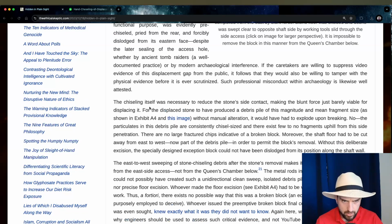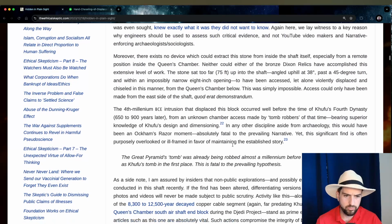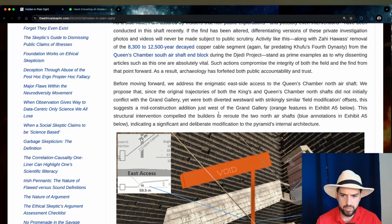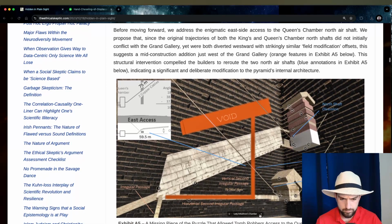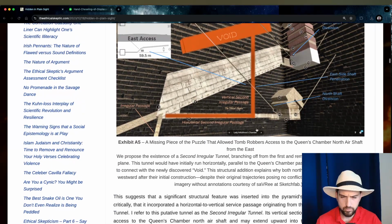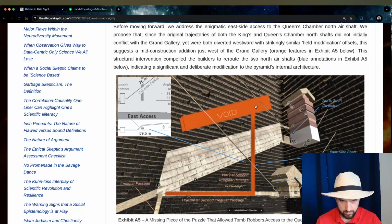So, I'm actually not going to read more of the details from this, but basically what he's saying is that this block clearly came from a different passage, and that it was dislodged by tomb robbers at some point in the past, and that it likely is related to this void. It's also, by the way, a void that was later uncovered by LiDAR. Was it LiDAR? It was not LiDAR. No. It was like that advanced particle device. Anyway,